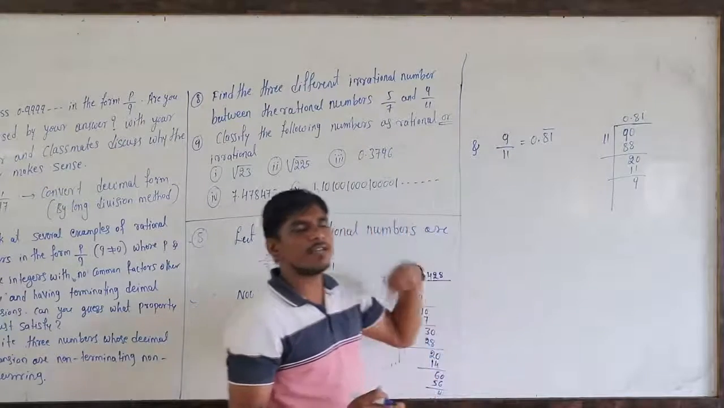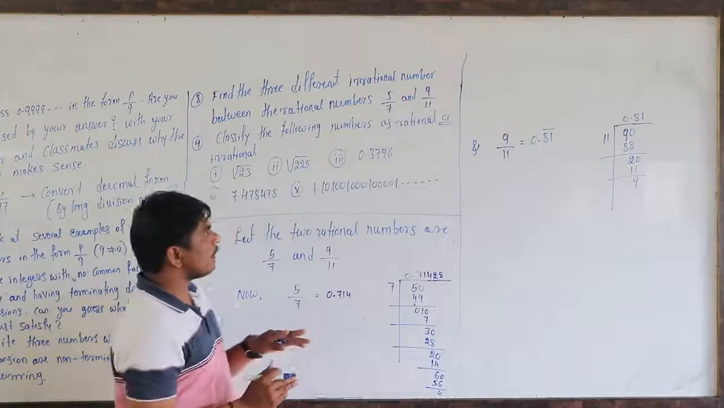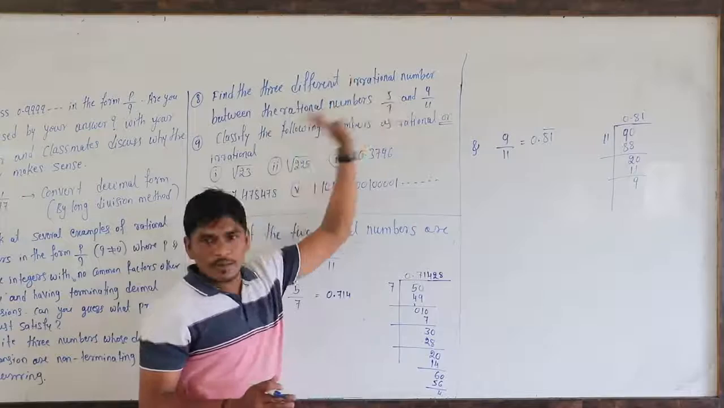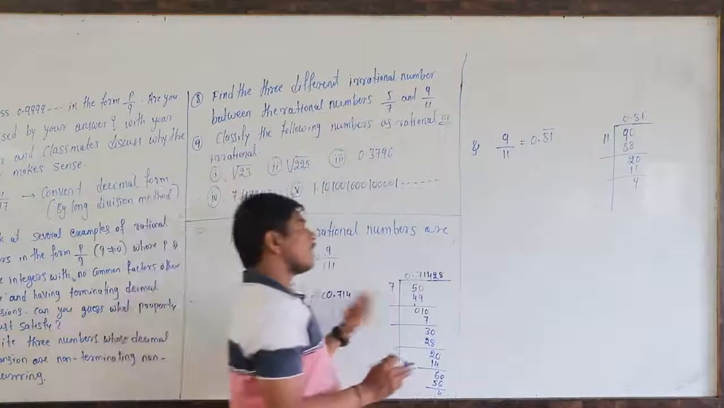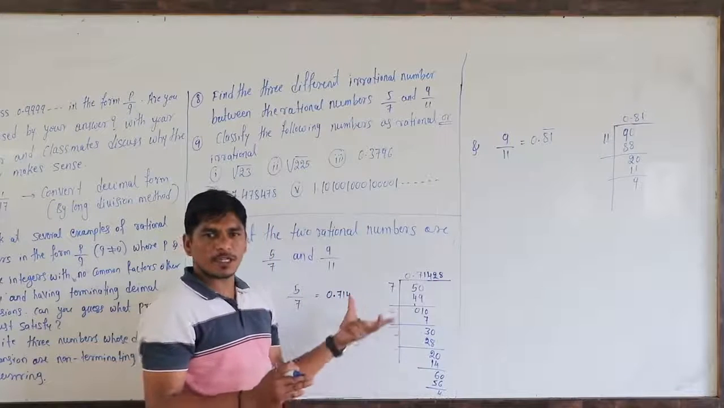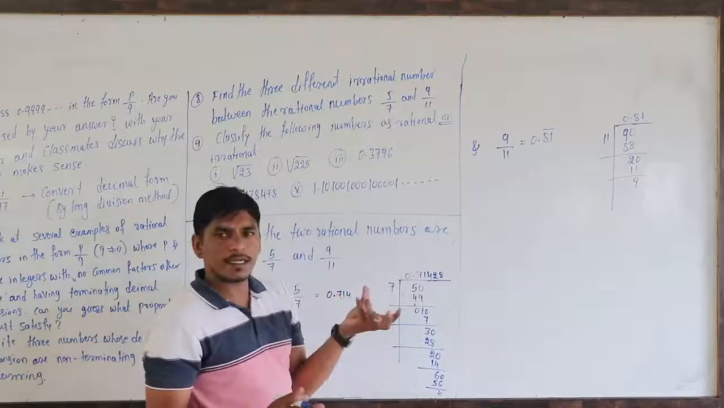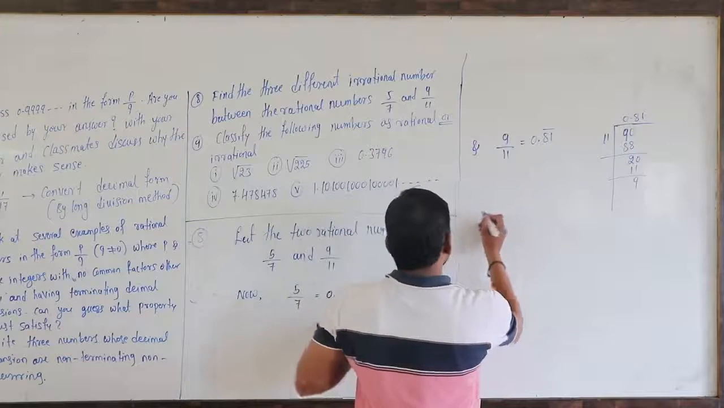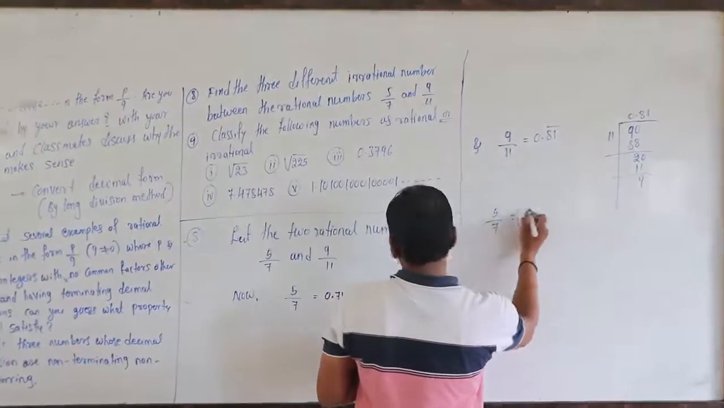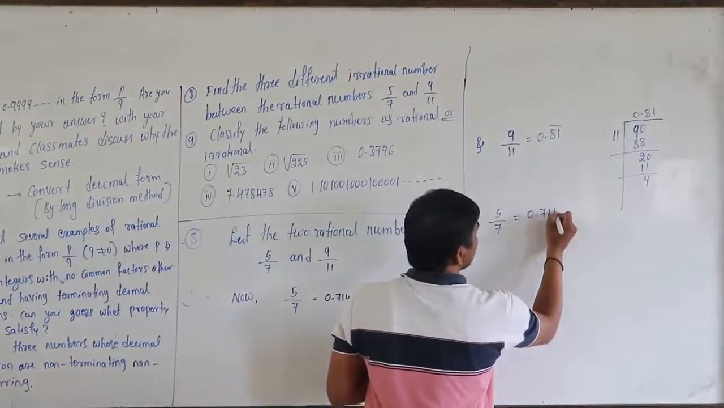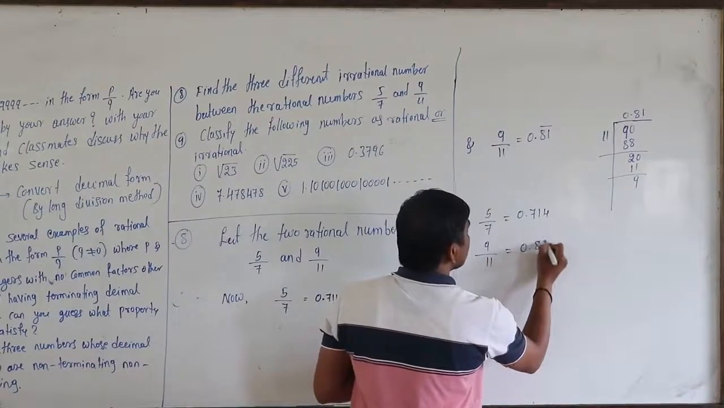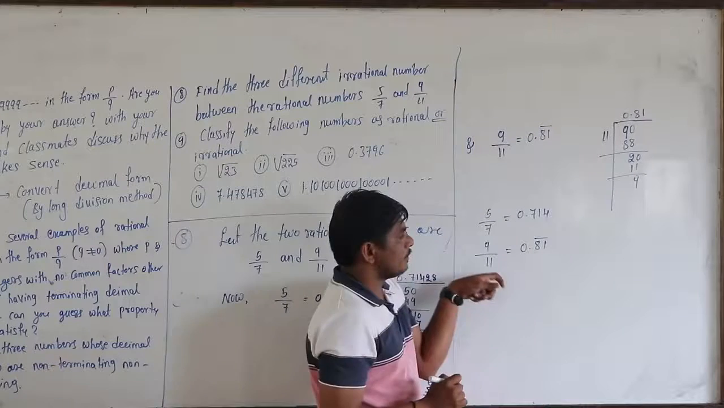It means in between there are an infinite number of irrational numbers, but according to the given problem only 3 different irrational numbers are needed. Between these two numbers there are infinite irrational numbers, you have to choose only 3 irrational numbers. Here first you write it. 5 by 7 is equal to 0.714. 9 by 11 is equal to 0.81 bar. In between here